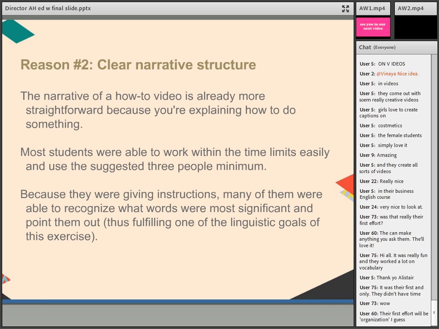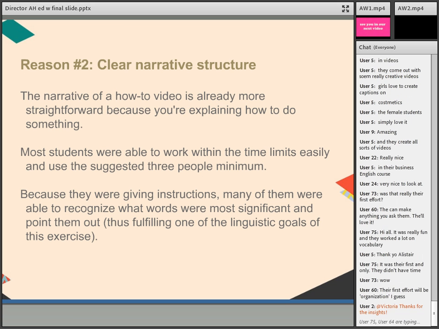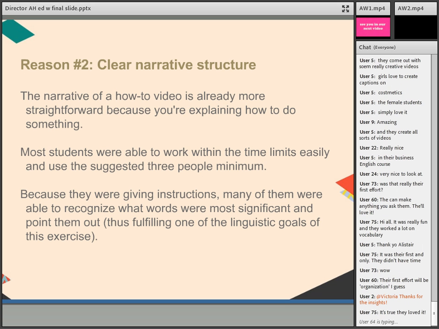We had another one where somebody was explaining different kinds of makeup techniques, and another one that was explaining how to build a house of cards. And so all of these things are easy step by step. The narrative structure is already built into the type of video. So this is a really nice one to start with, especially if you don't have classroom time and you need to have them do something outside of class. But again, remember the age thing can be tricky.